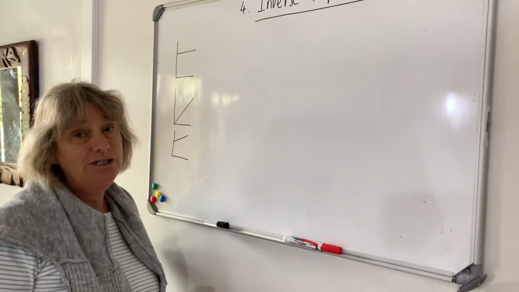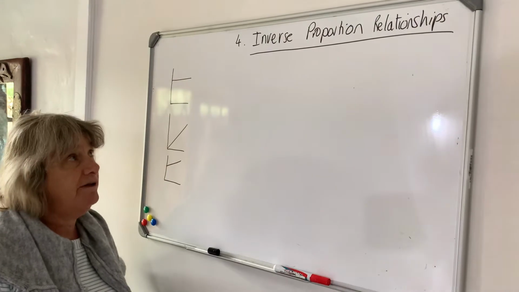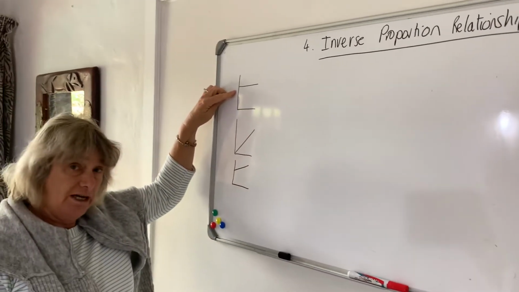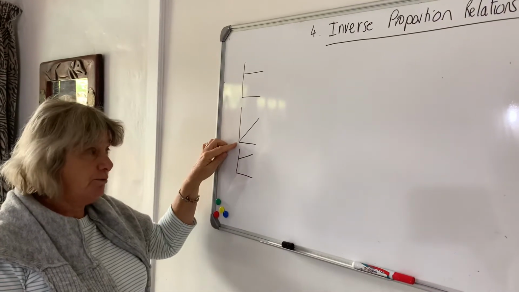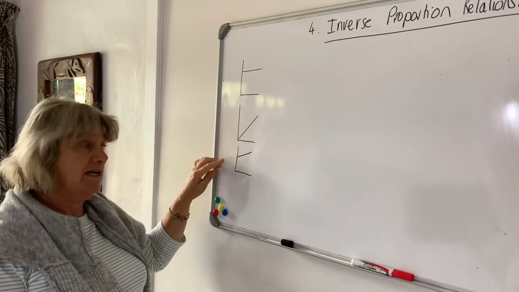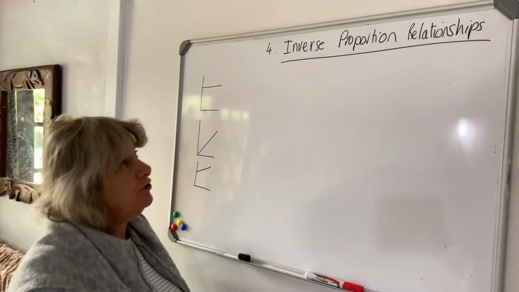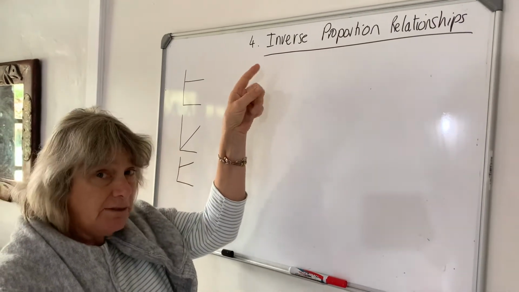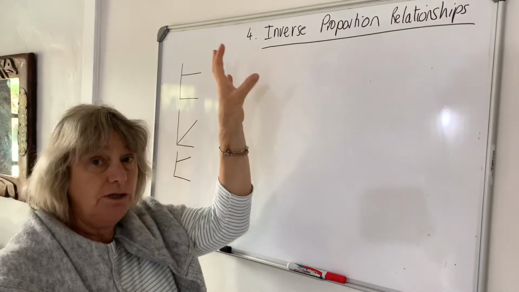Grade 10s, I'm going to discuss with you the last kind of relationship that we need to cover. Just to go back, we have done constant or fixed relationships. We have done increasing linear, indirect proportion, and we've done increasing linear, not indirect proportion. And we come to the fourth type, which is inverse proportion. This is also called indirect, but it gets very confusing with this being direct, so let's just stick to inverse